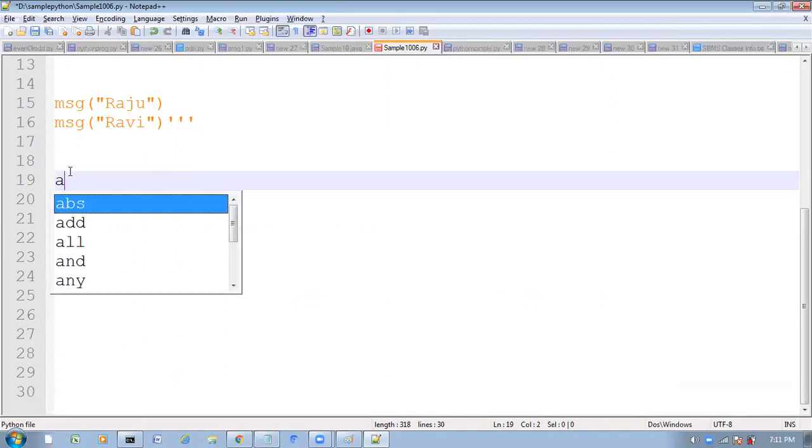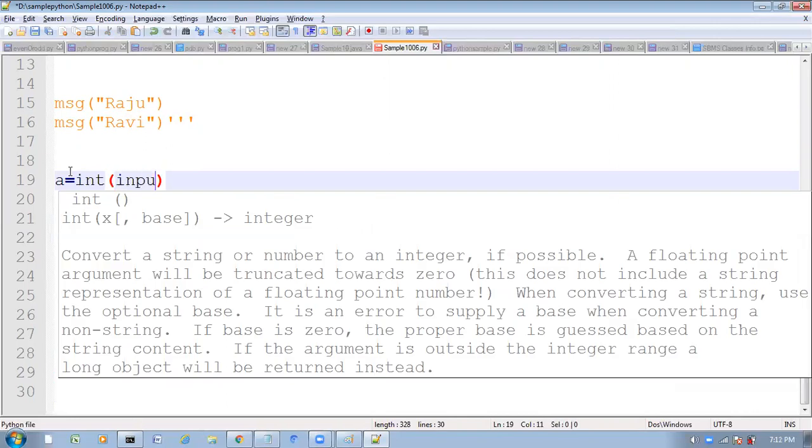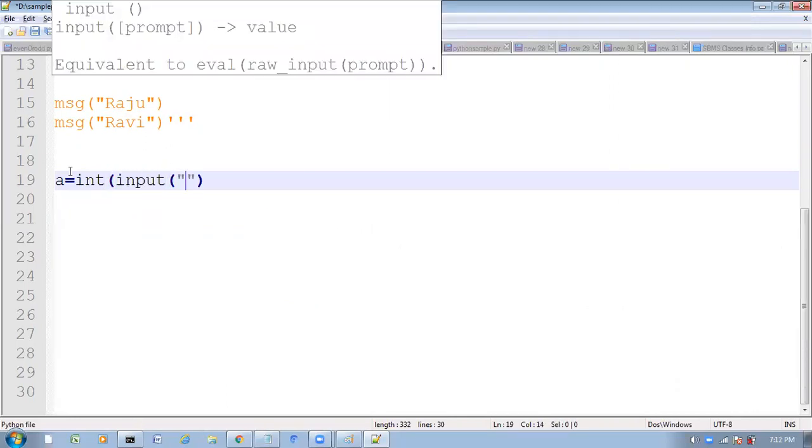See, here a = int(input("enter first number")). Try to understand the concept.